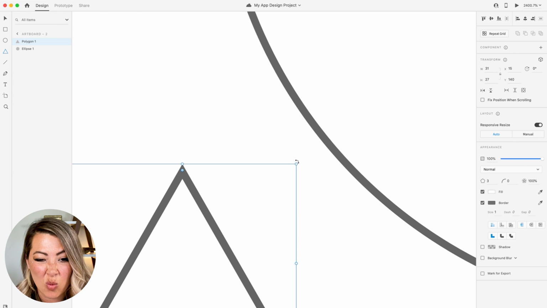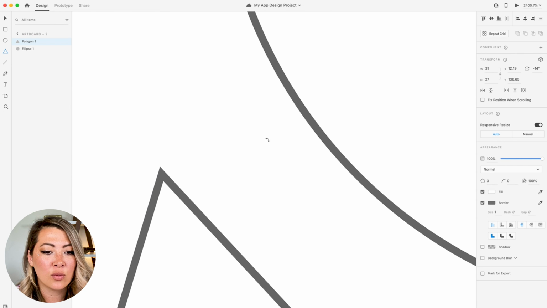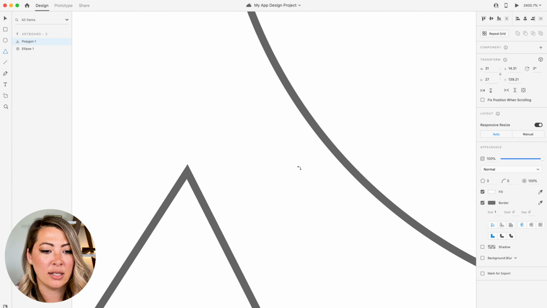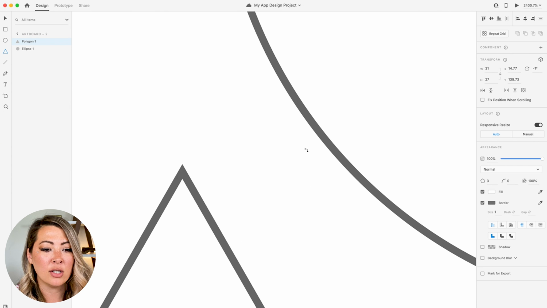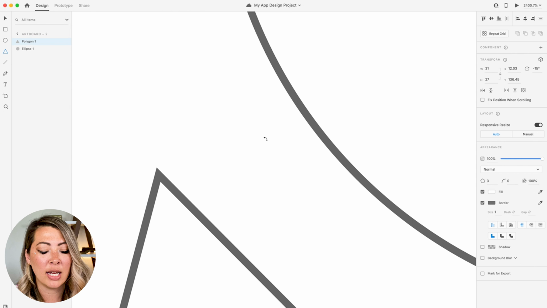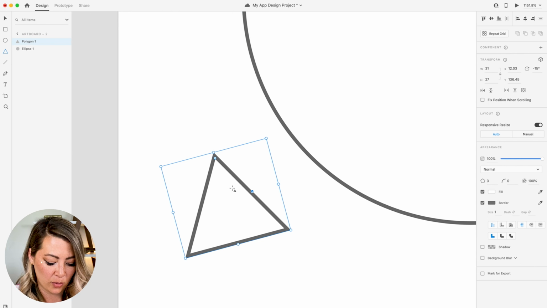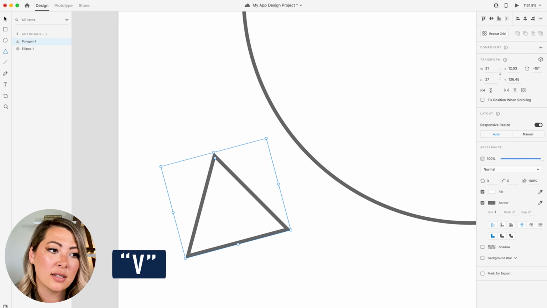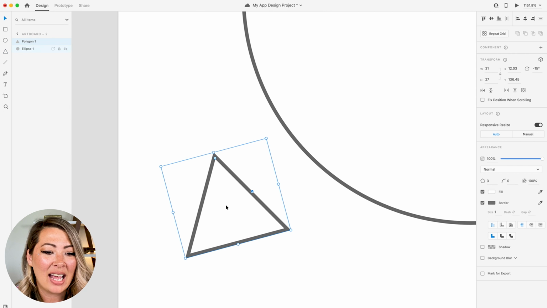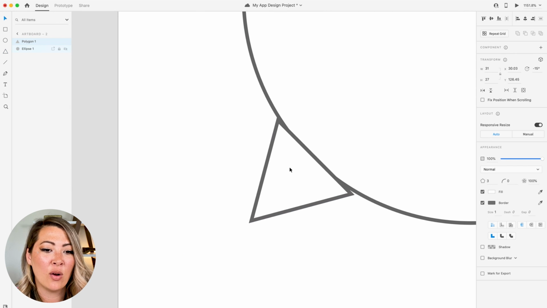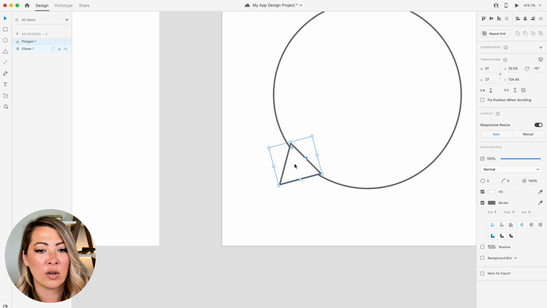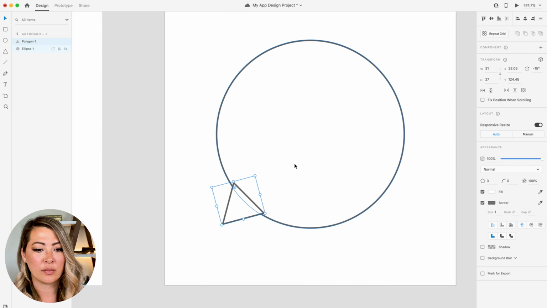Once I can see this rounded option, I can click, hold, and drag to rotate it. So I'm actually going to rotate it a little bit here, and then I'm just going to reposition it over in the bottom left-hand corner of the chat bubble.